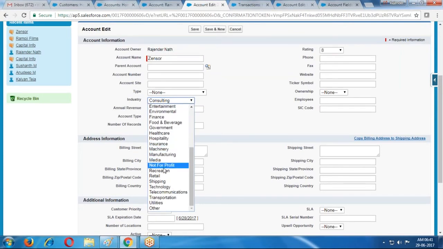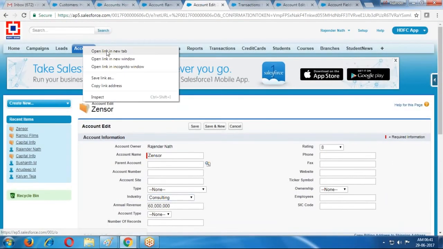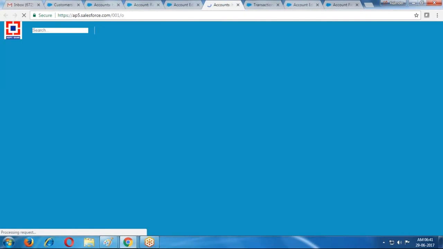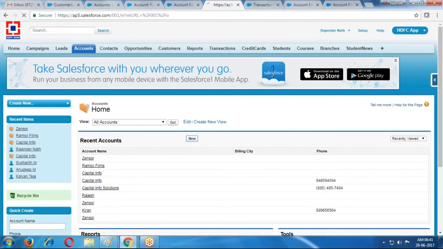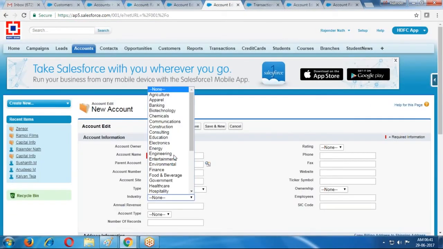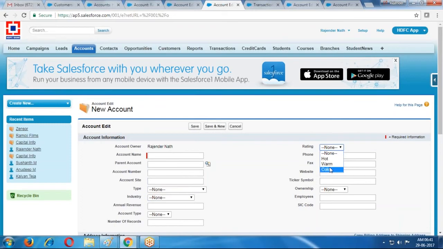No movie. Suppose if I open this one, for this also there is no movie. Hot, Warm, Cold only. But here 8 is available.